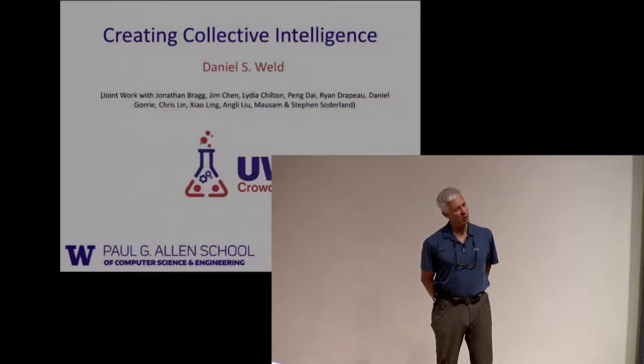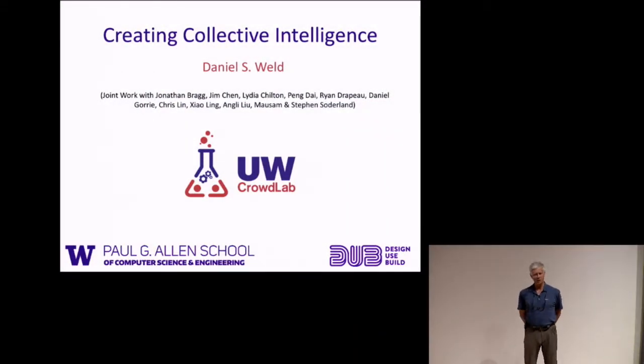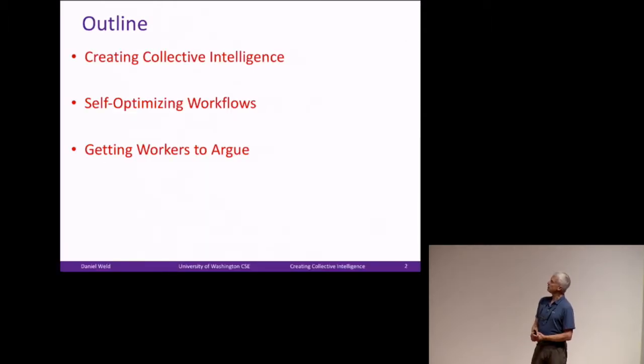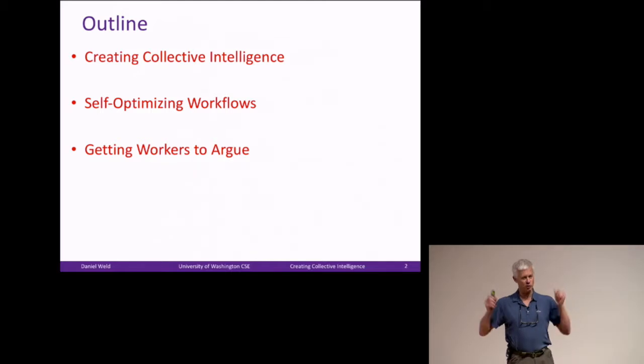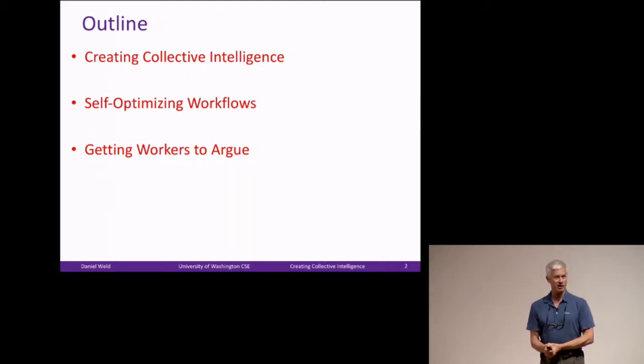So I don't have anything to say about wildebeest and so on, but I am going to address the task of collective intelligence, and specifically I have an engineering mindset. So I am really interested in how do we actually create these kinds of systems. What I want to do is talk about that high-level direction at the beginning, and I'm going to go into details on two specific things. One is about self-optimizing workflows, and then how to get the individuals in a workflow to productively argue with each